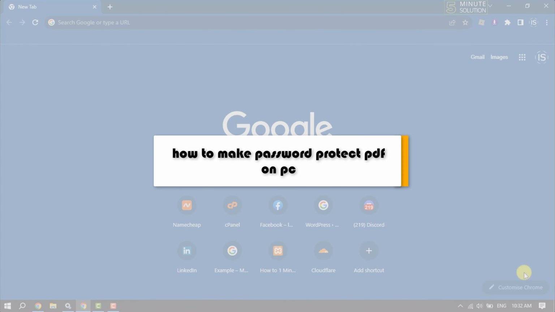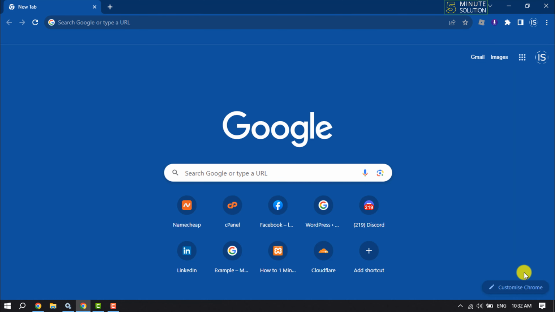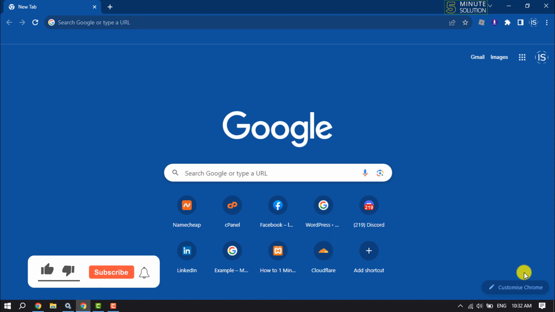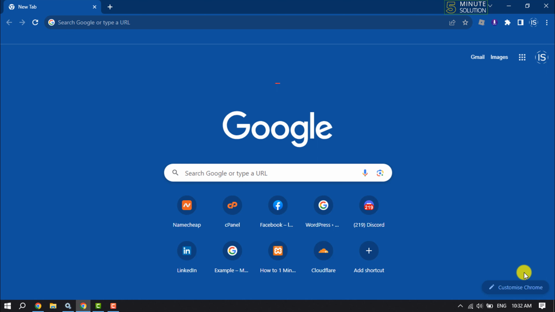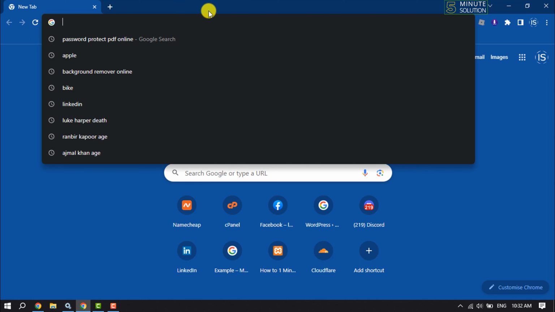This 5-minute solution will show you how to make a password protected PDF on PC or laptop. So now I will show you the easiest method to protect your PDF with a password without downloading any third-party software. So the first thing you have to do is open your browser and type here "password protect PDF online",